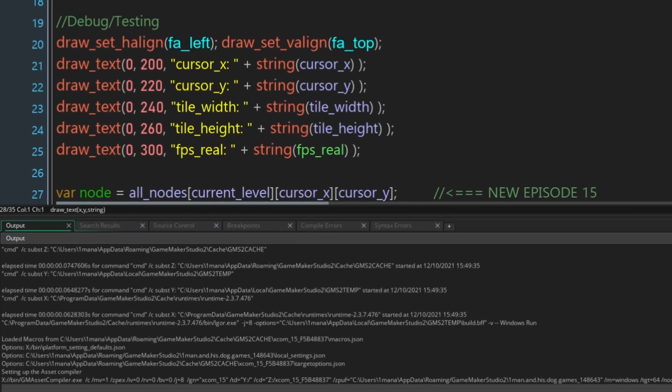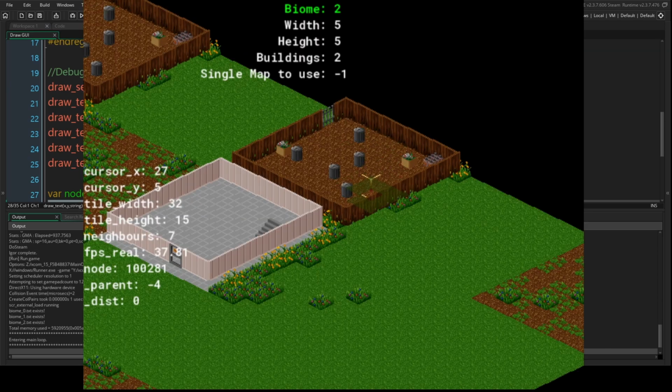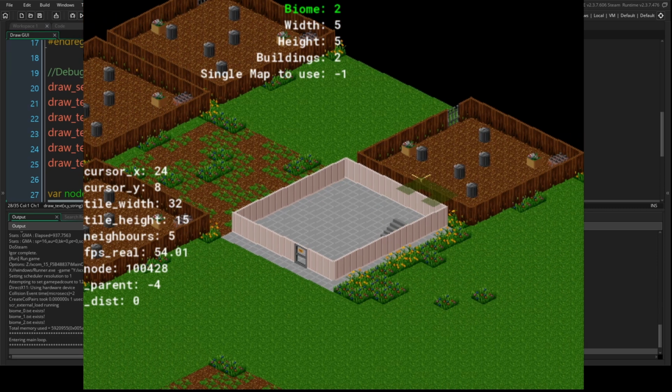Let's run the game now. And then you can see wherever we move the mouse over in the middle bottom left, the node value changes. And if I click somewhere, then we have all of these highlighted nodes, and then the parent value changes. So you can see this is our start node, 478, and then the parent of 479 is 478, and